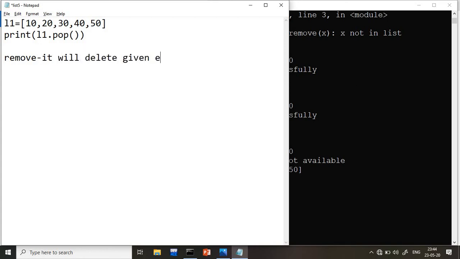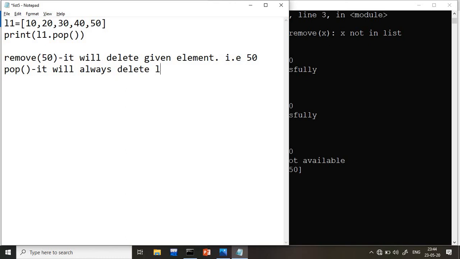it will delete the given element. Suppose I wrote here remove of 50, so it will delete the given element, that is 50. But in the pop operation, it will always delete the last element and return that value.